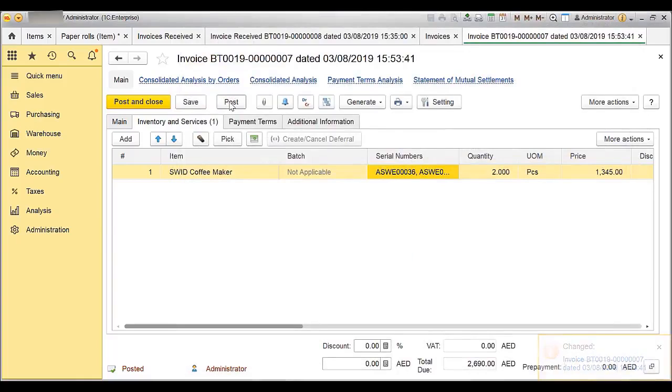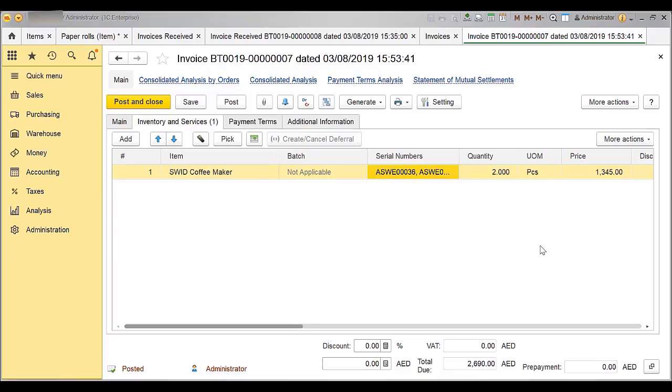Similarly, the serial number column will appear in all the required documents wherever the inventory operation happens. When there is no control, you can add random serial numbers and the availability of the item will not appear in the serial number list. Similarly, adding of serial number works in the same way in the rest of the documents where the inventory operation is used.